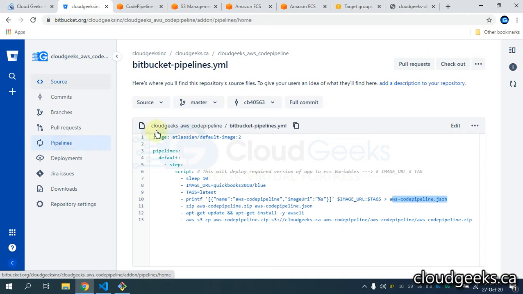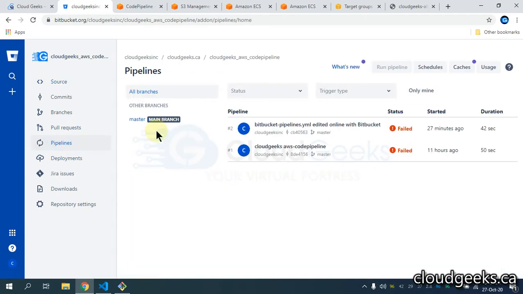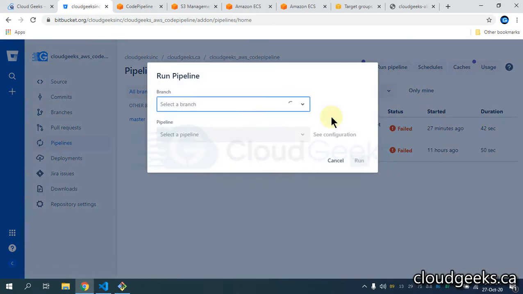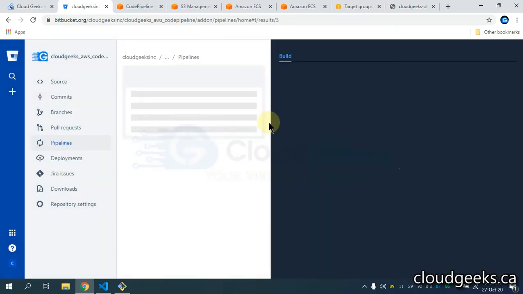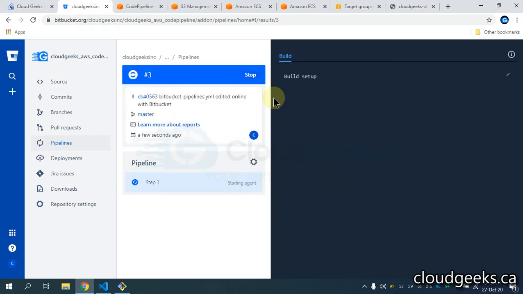If you navigate to the pipeline section, you will see failed pipelines as well, because we were updating our buildspec YAML. If you do a commit, your pipeline is going to be automatically triggered, but we are going to use this. Let's see whether it is failing or not. I've not tested that. So in case of any issues, you have to look at the code, see what problem you are facing, and fix that error.